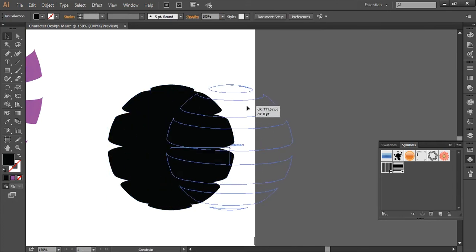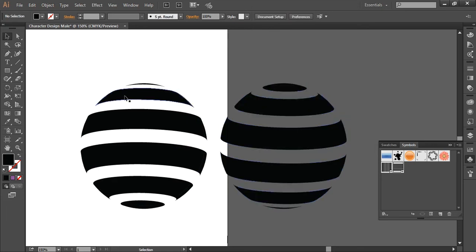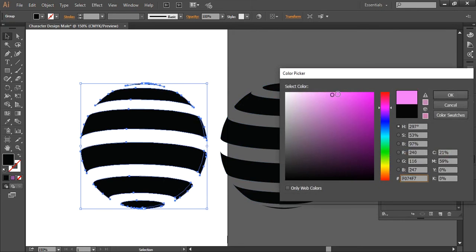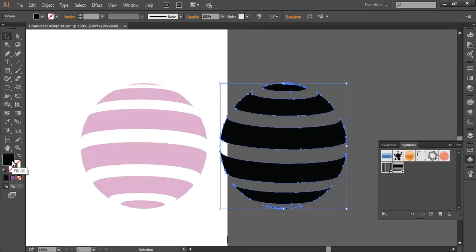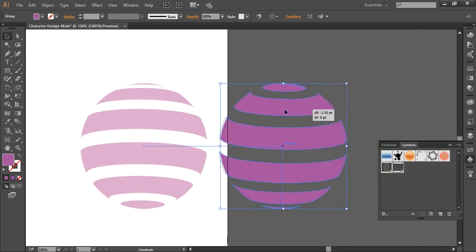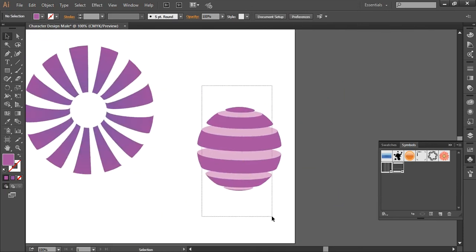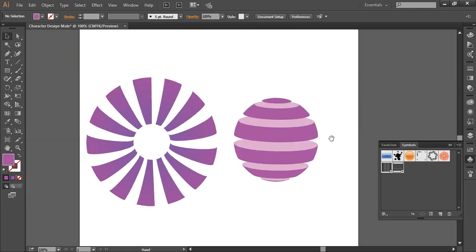One shape, just click and drag it, so you can see the two ellipses. So select one ellipse and choose a lighter color. Copy the hex code and click OK. And then go to the second, copy the color and choose a different shade of the same color. Now just drag it to the initial position. So as you can see, it's kind of an ellipse.